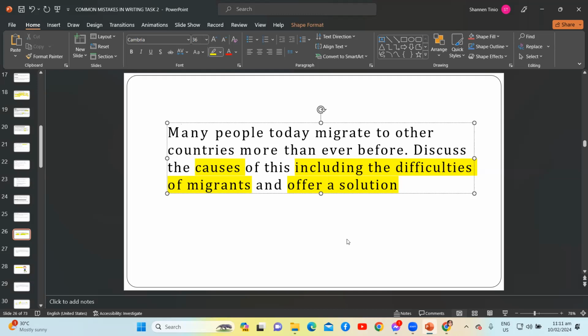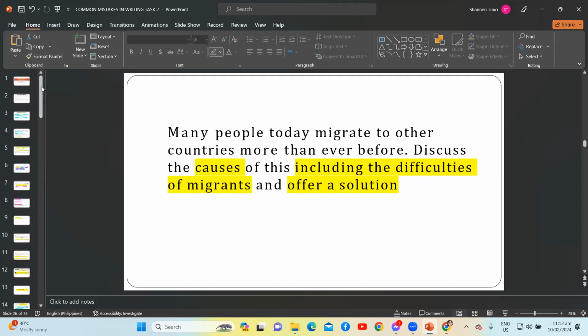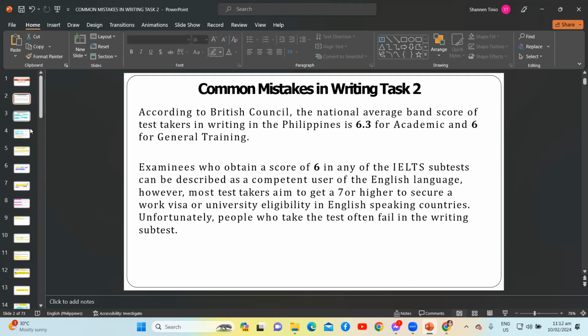I-discuss mo daw yung mga dahilan kung bakit ang mga Pinoy, many people today migrate to other countries. Hindi mo lang i-discuss yung cause at i-discuss mo rin daw yung difficulties of migrants. Plus, i-offer mo daw ang solution. Dito papasok ang dinidiscuss ko kanina sa inyo, sa pinakaunang-unang-una,